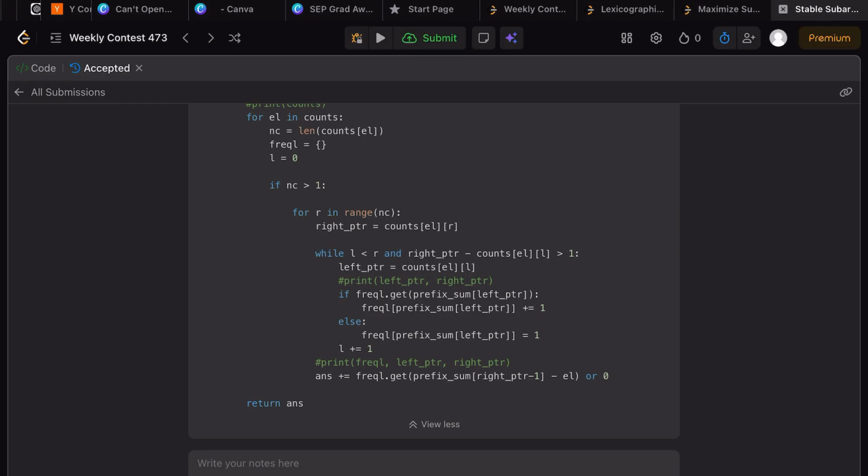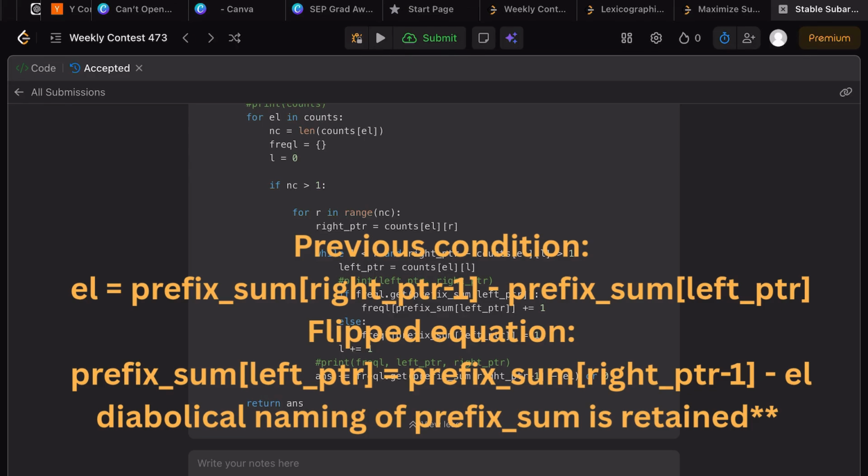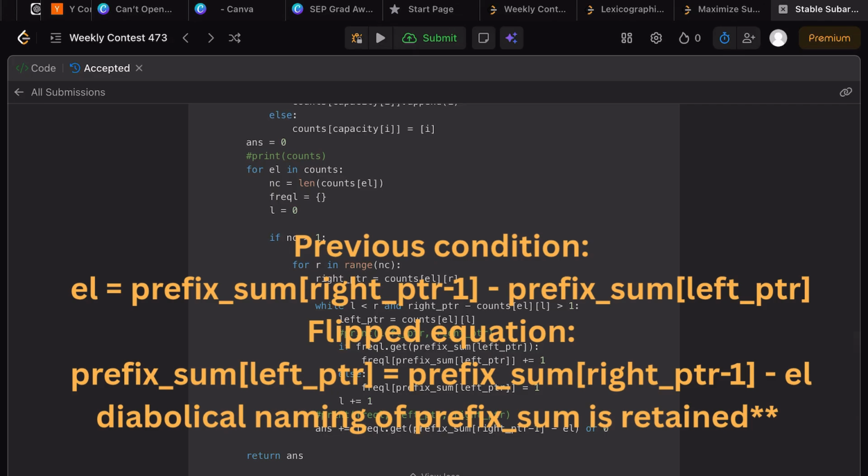We're going through all of the elements which have more than one occurrence. And now what I'm doing is I'm fixing a right pointer, and I'm questioning how many left pointers I will find such that the sum of the elements in between the left and right pointer is equal to the element that I am at, right? So in the previous solution, if you remember, I was comparing if the element was equal to the prefix sum of right pointer minus 1 minus the prefix sum of left